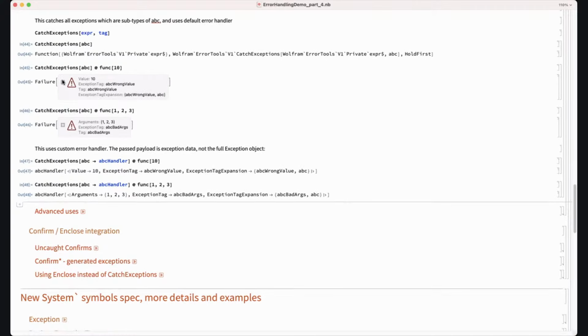Why does it say exception tag there? That's a different kind of tagging than a failure object usually has. Why does it not say tag and then the tag is exception? If we look at the input form, you can see it uses the same tag as the exception tag, but inside the association, it also contains the property. No, I was saying something different. I said this failure object, a normal failure object,